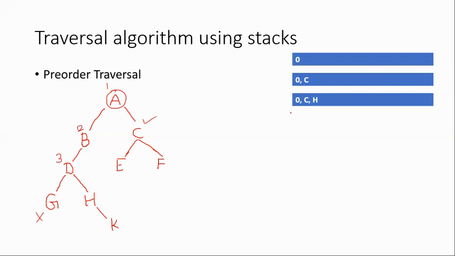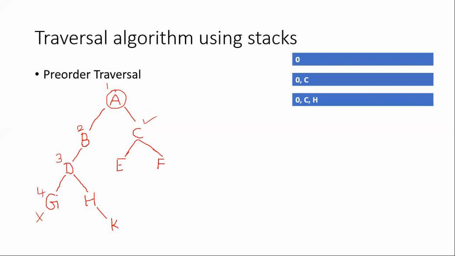So now the stack content is what? 3 and H. Okay. Then after loading the right child onto the stack, the left child will be checked. There is a left child which is called G. So now G can be processed easily. So it will process. That's the fourth node that's going to be processed in this order.